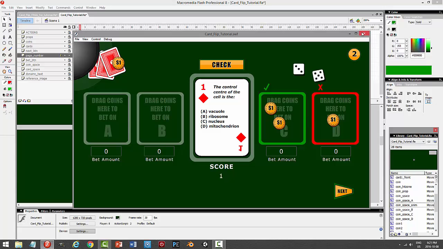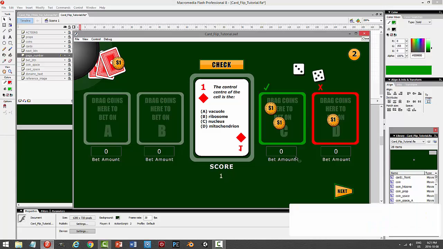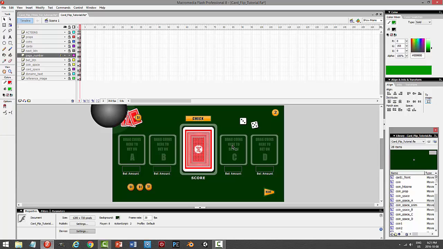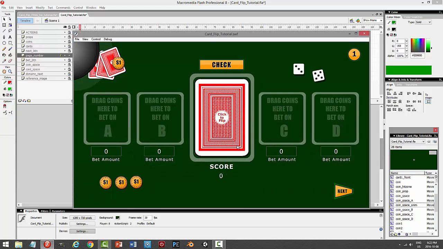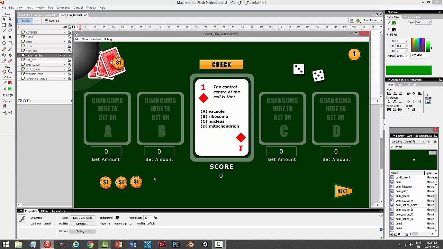So I'm going to have to reset all of that stuff in order to make the coin spaces go back to their original positions. All right, after we've done this, and we've dragged some coins in, that's a problem with making the hit zone smaller than the coin itself. Once we do this, when I go to the next frame, to get those back to 0, I'm